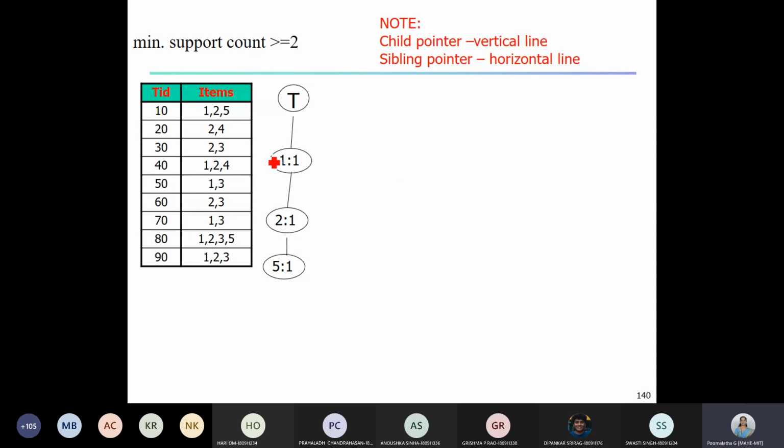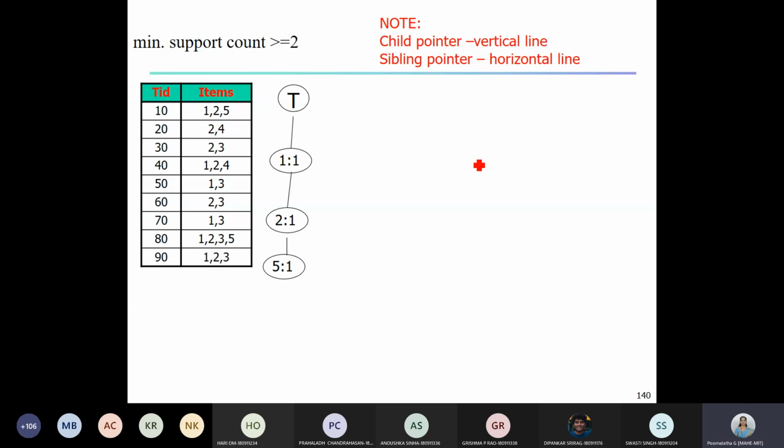Now let me go to the second transaction. What is the second transaction? It is 2 and 4. Start from the root and check whether we have an item 2 below this root. There is no item 2 below the root, so we need to create a new node with the item 2.